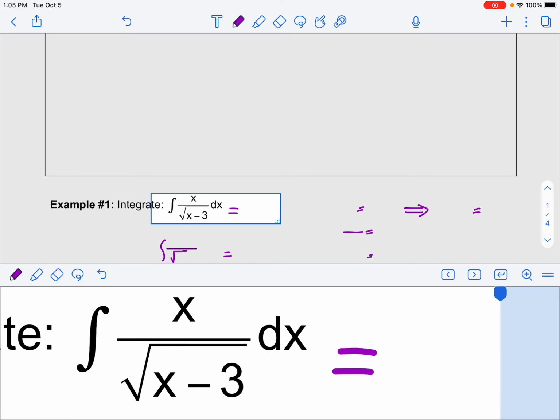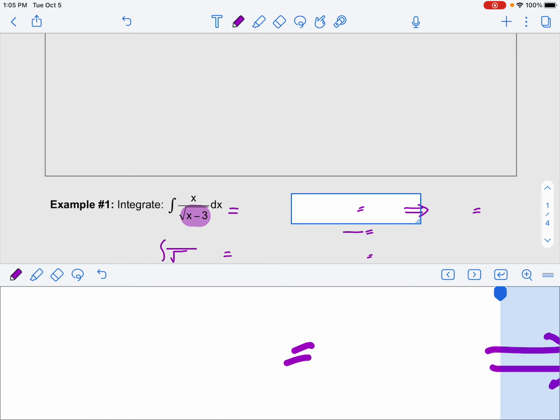Okay, now ultimately, everything we're doing today is still based around the idea of U-substitution, so we're still going to be picking a U value like we normally do, right? So look for compositions of functions. In the denominator, I have x minus 3 inside of my radical. So I'm going to go to the side here, and I'm going to let u equal x minus 3, which